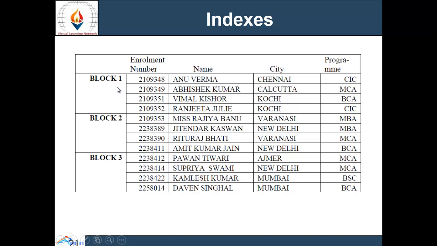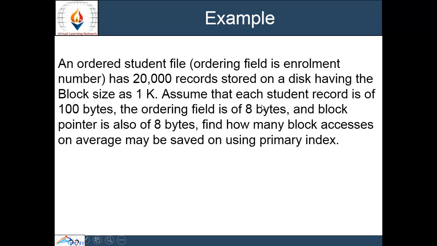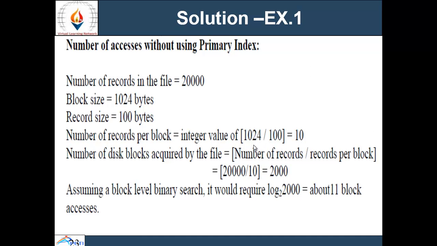Then if we have to find out how many block accesses on average may be saved by using a primary index, we can first find the number of accesses without using the primary index.